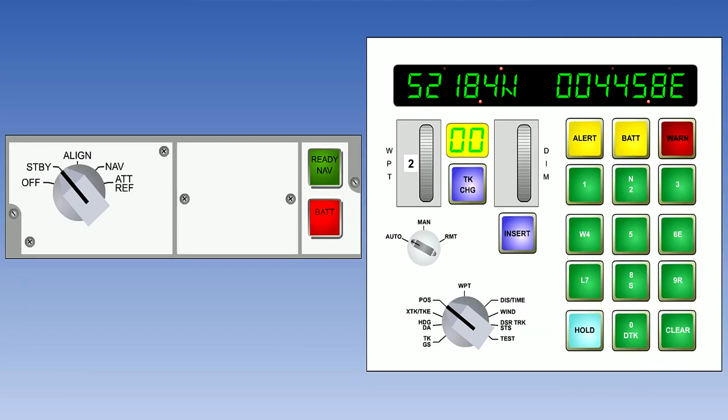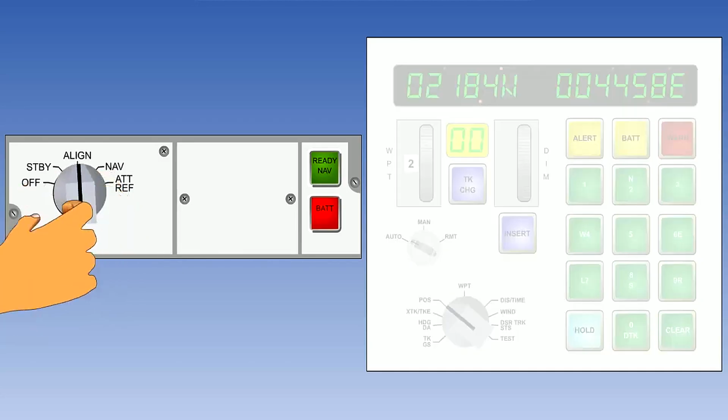Once satisfied that the present position that you have entered is correct, press the insert button. The insert light goes out and the present position is entered into the computer. Alignment can now begin. Select the MSU rotary switch to align.